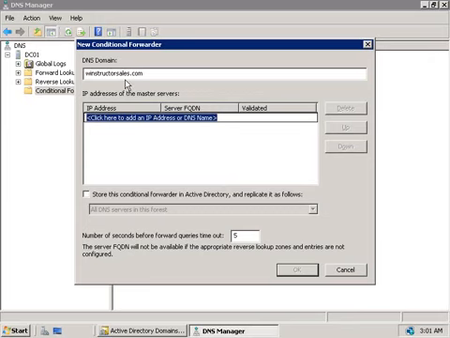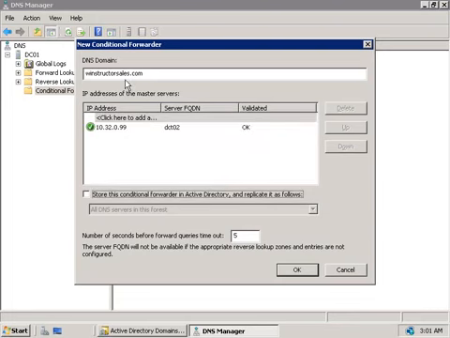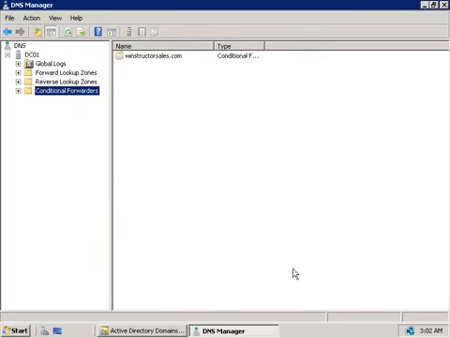And then we'll need to enter in the IP address of the DNS server for the winstructorsales.com domain. So that's 10.32.0.99. And we can see that it attempts to validate the IP address and it has turned green, so that's a good sign. So we'll go and click on OK.